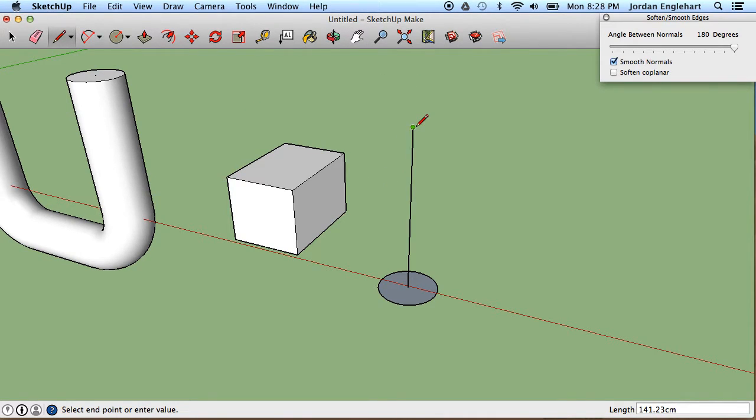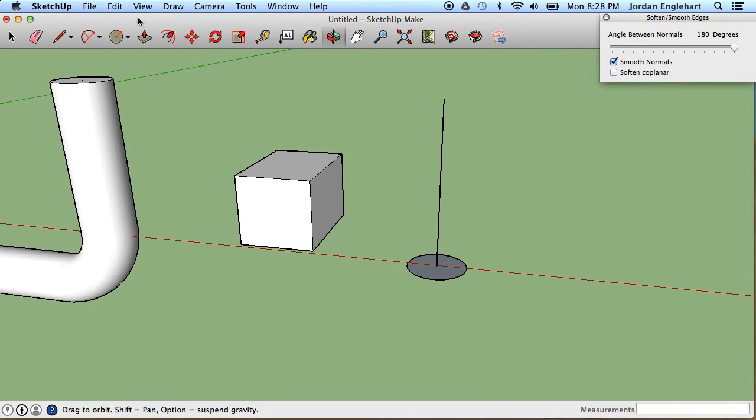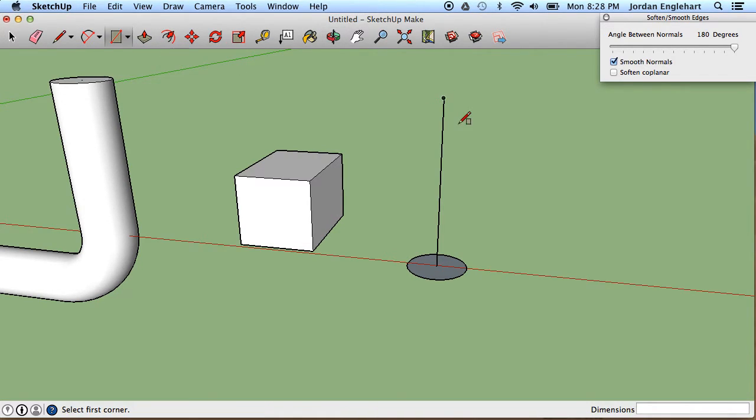So I'm going to come up on this a little bit, and then coming off of this circle where I just made a straight line coming up, I'm going to come over here to not the circle tool but the rectangle tool, and I'm just going to make almost like a flag running down this. So I clicked first at the top, I run down, and